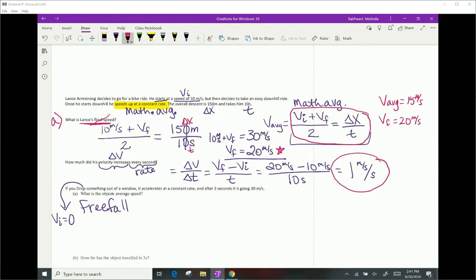So if I put them equal to each other, I plugged in what was given: the displacement, the time, the initial velocity, and then that 2 is just part of the mathematical average. Once you isolate VF,